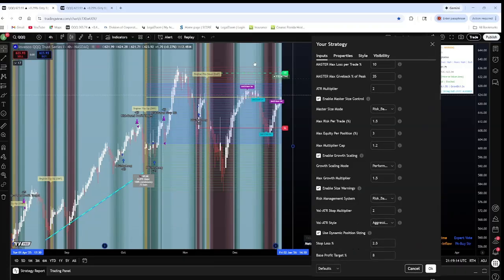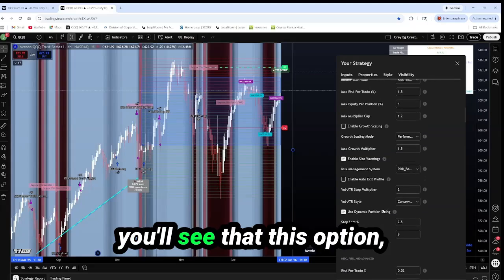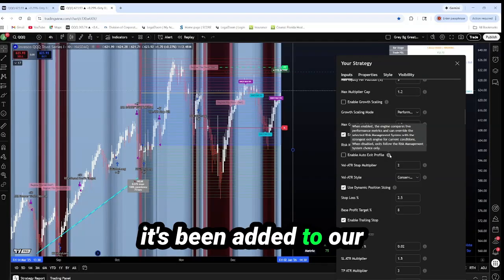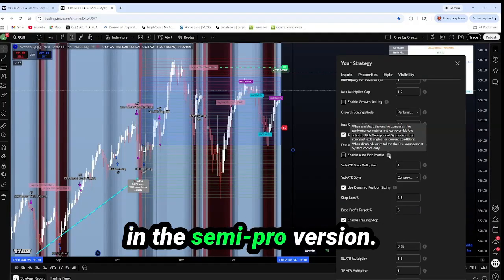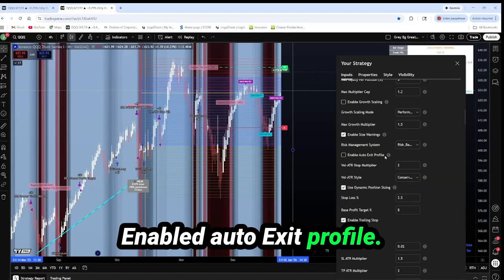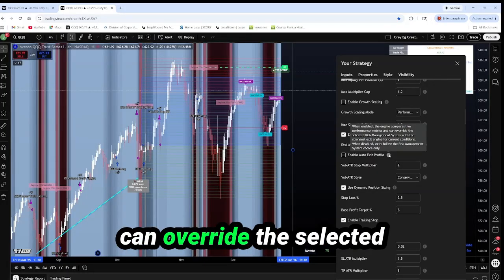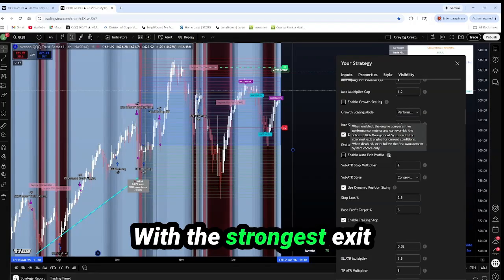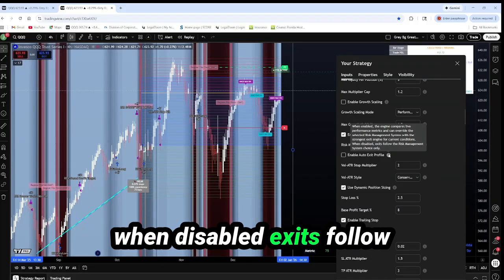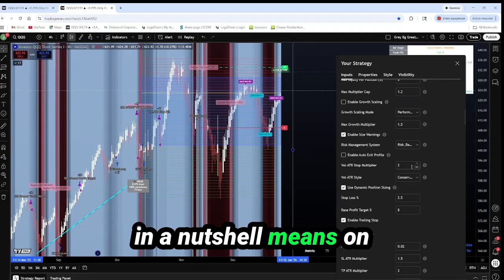What's the difference? Well, going back to the Pro version, look and see here, you'll see that this option has been added to our list, which does not exist in the Semi-Pro version. What does it say? It says, when enabled, this feature is called Enabled Auto Exit Profile. When enabled, the engine compares live performance metrics and can override the selected risk management system with the strongest exit engine for current conditions. When disabled, exits follow the risk management system choice only, which in a nutshell means the